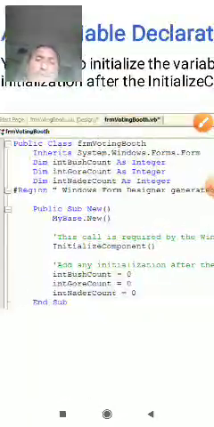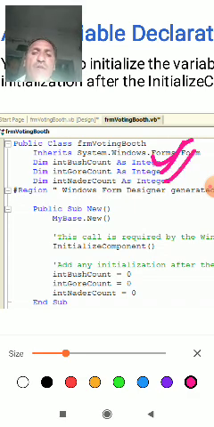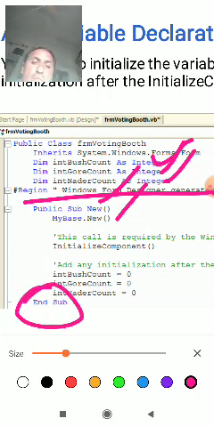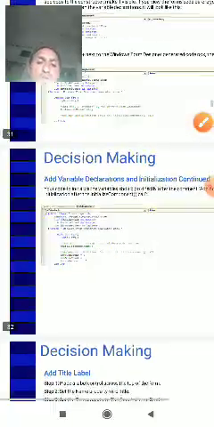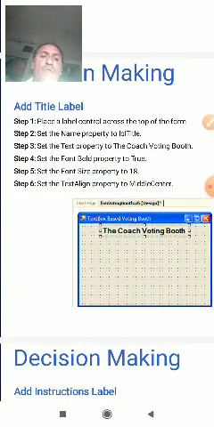This is the code window of this program. Line by line, we write down an integer for Bush count and the other integers, in the region generated by the Windows Form Designer. Then public sub new, with int Bush count equals 0 and int Gore count equals 0, and this ends with end sub. Automatically we give the total message step by step.